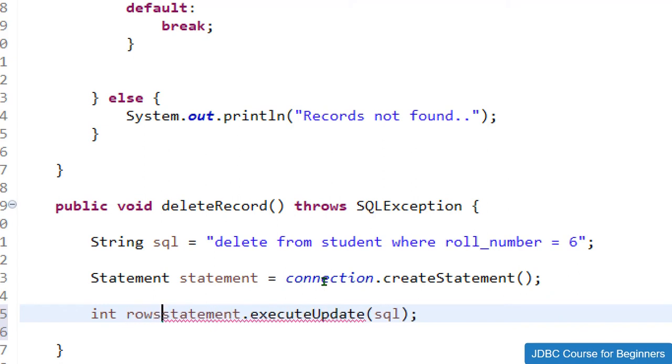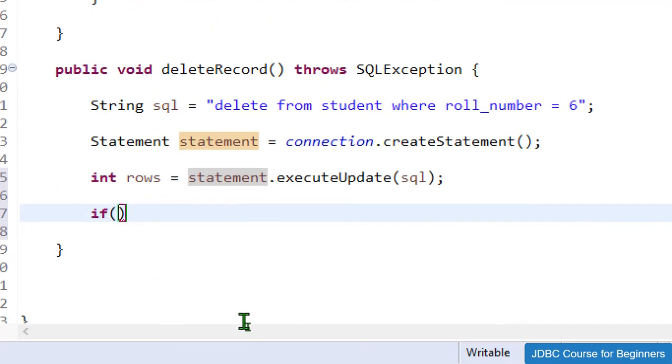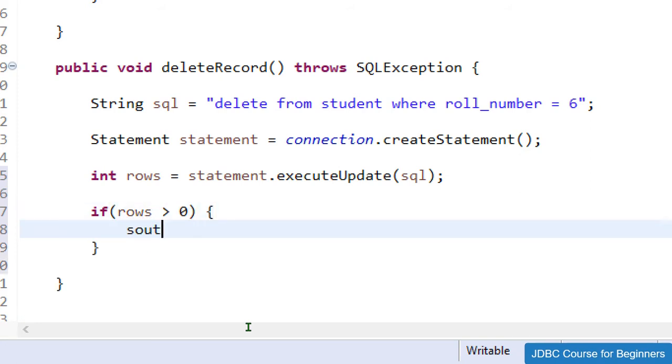That integer number is nothing but the number of rows which are affected by this query. And if the number of rows is greater than 0, then that means the record is deleted successfully.